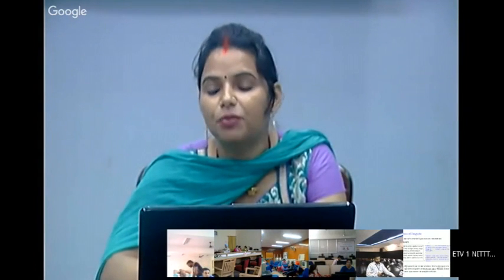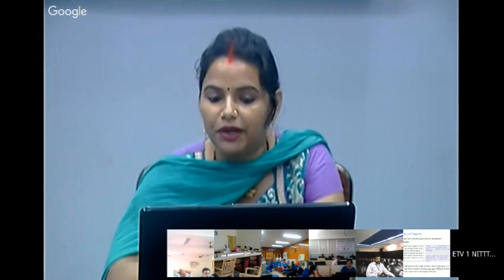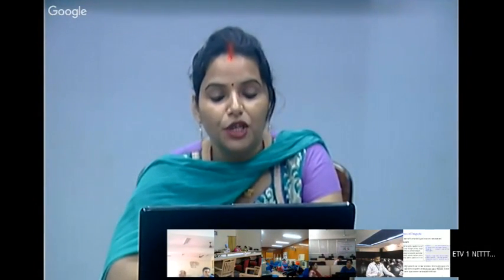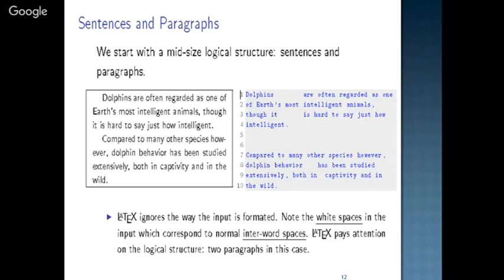Then comes sentences and paragraphs. Whenever you write some documents, there will be sentences, there will be paragraphs. So whenever you are writing documents in a Word document, you have to take care about the spacing, the indentation, and the paragraphs. But in LaTeX, what you have to write is just here in blue colors, you can see this is the content what the author has written in